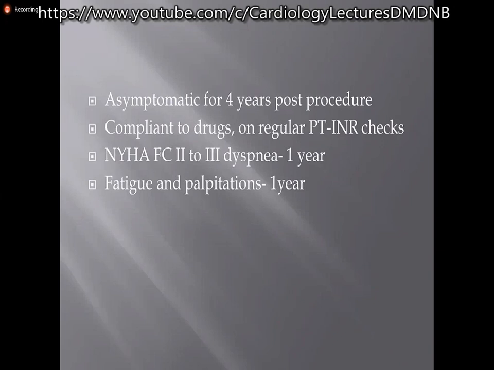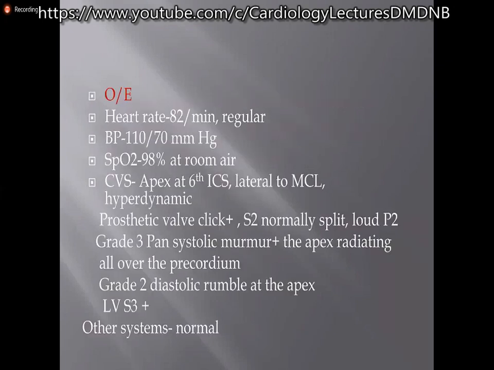Compliant to drugs and regular PT-INR checks. So as far as the anticoagulation issue was concerned, the patient was on very good PT-INR control, and functional class progressed from 2 to 3 in the last 1 year. Fatigue and palpitation also in the last 1 year. The prosthetic valve was okay, but the problem was this patient was symptomatic with dyspnea, palpitation, and fatigue, grade 3 pansystolic murmur